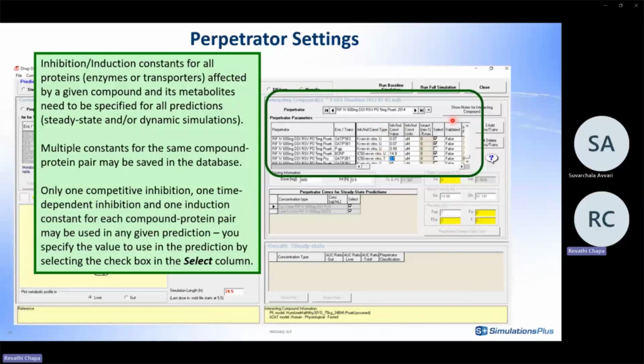So similarly, we do have interactions for other enzymes and transporters. Whenever a sponsor is working with a new model, we do offer this rifampicin project where you could select the relevant inhibitory potentials. They are usually highlighted and validated as true whenever the parameter is validated. So if your compound is an OATP1B substrate and you wonder what the DDI with rifampicin could be, you can use these inhibitory potentials to get a sense of how much rifampicin could impact the AUC or the Cmax of your compound. So this is just an example to demonstrate.